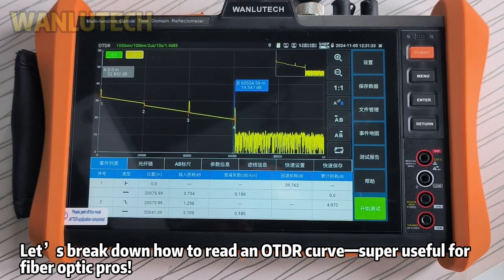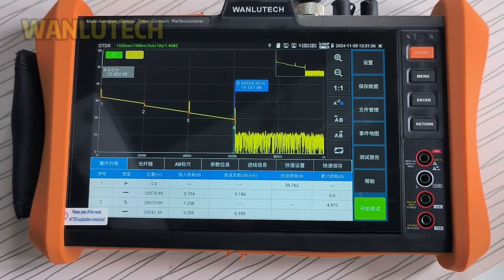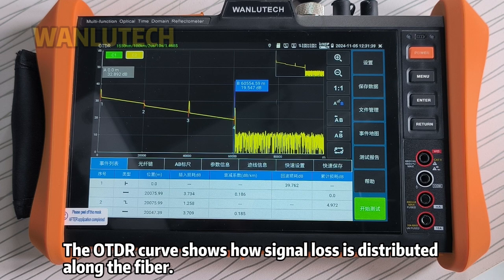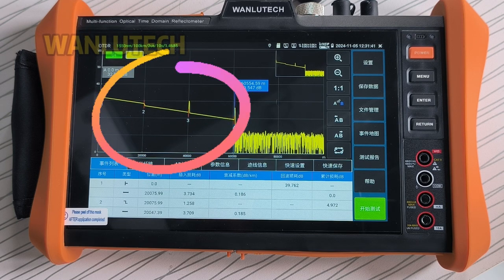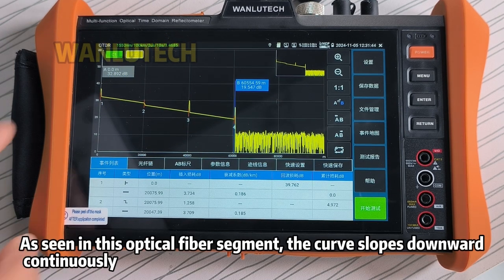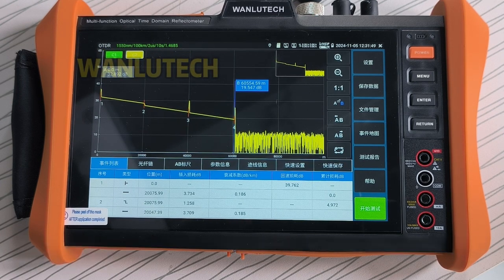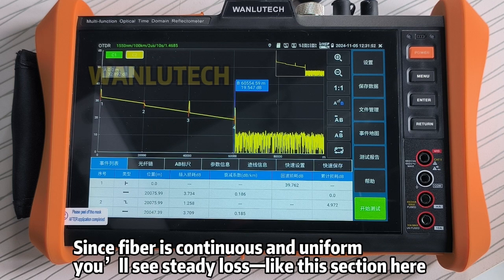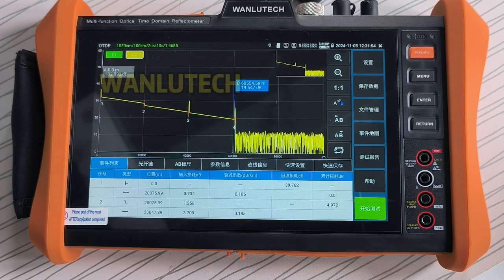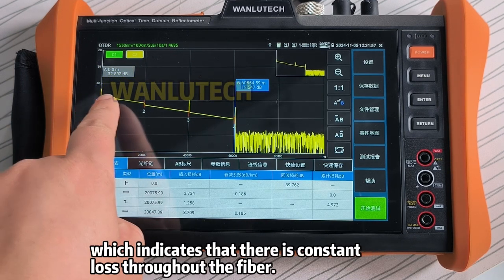Let's break down how to read an OTDR curve, super useful for fiber optic pros. The OTDR curve shows how signal loss is distributed along the fiber. As seen in this optical fiber segment, the curve slopes downward, continuously. Since fiber is continuous and uniform, you'll see steady loss like this section here, which indicates that there is constant